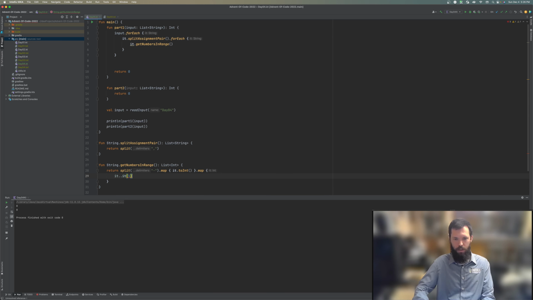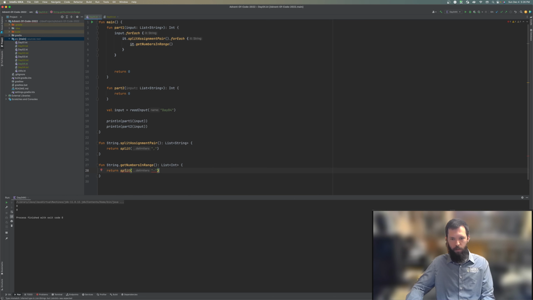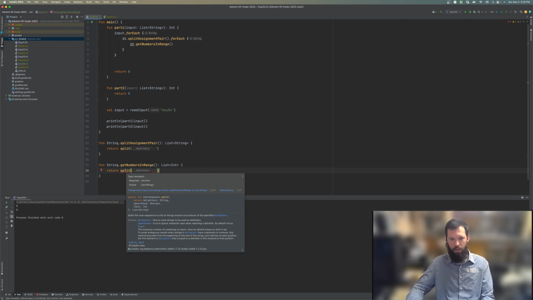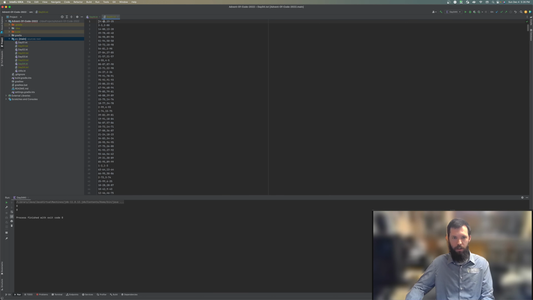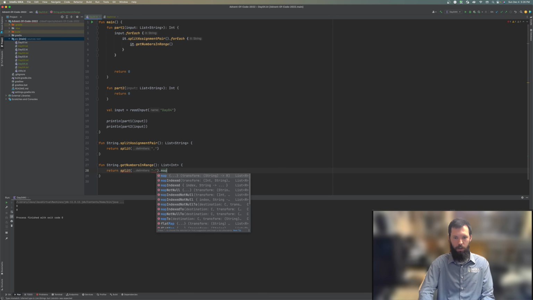So then we could just take, oh, that's not what we want. Okay. Let's back up a step. When we first split these, we're going to have a list of strings, and the list is going to be 2 characters long. It's going to be the first in the range and the last in the range, but they're strings. So we're going to convert them to integers,